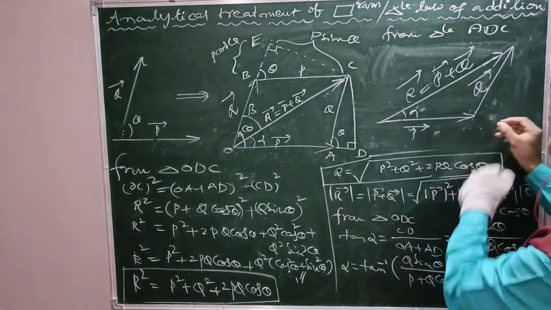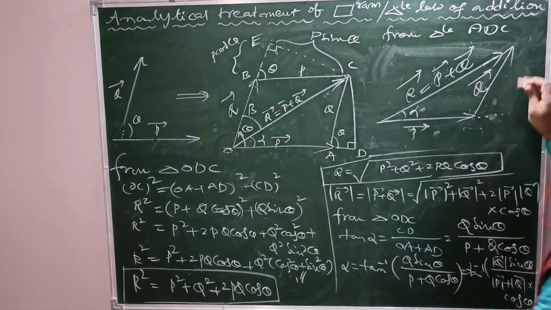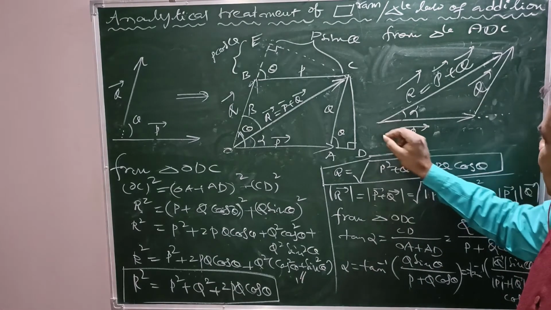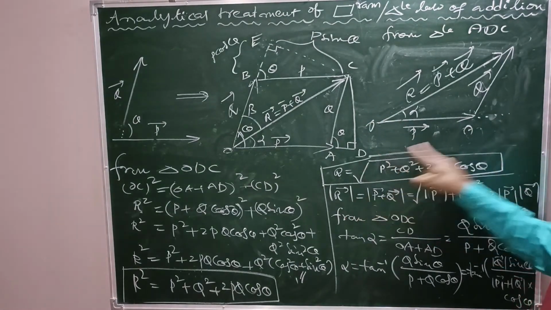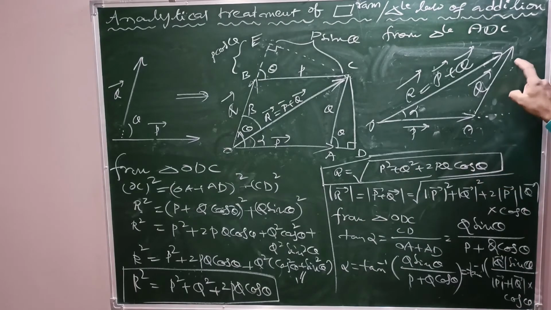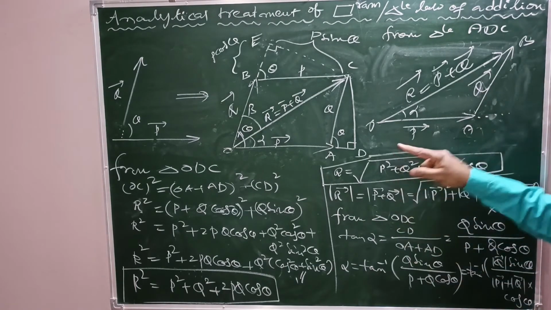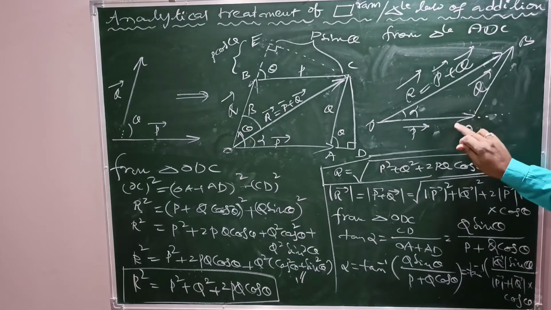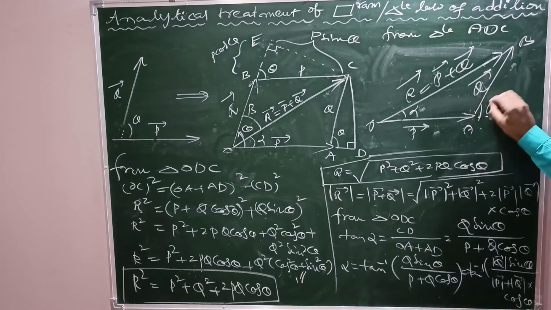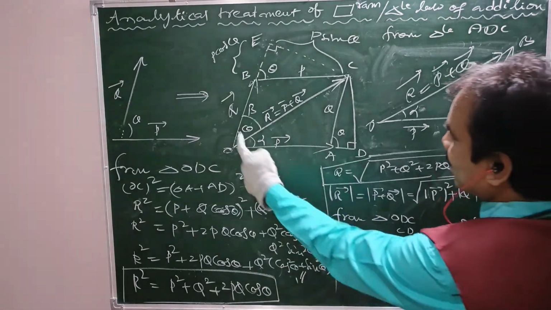Now I am extending this side like that. Now I am taking one more normal from this side. See, this is O, A, OA. This is B, for example. OAB. OA is one vector P bar, AB is another vector Q bar. Now, what is the angle between P bar and Q bar? Somewhere here, this is theta. See, this is theta. Here also theta.